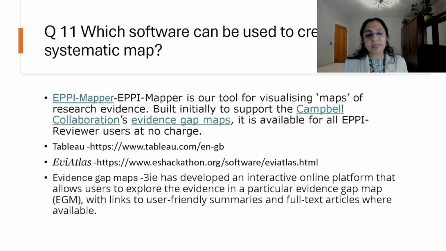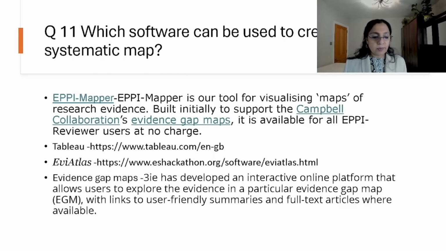EpiMapper is a tool for visualizing maps of research evidence, built initially to support the Campbell Collaboration's evidence gap map. It is available for all EpiReviewer users at no charge. So EpiMapper is within the EpiReviewer software and it is available to all users at no charge.